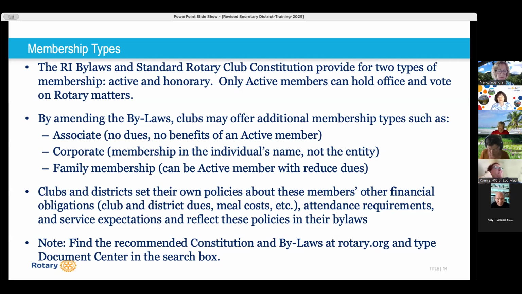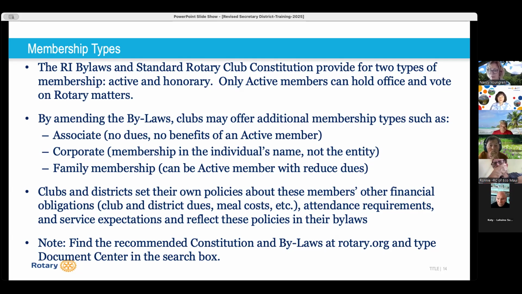So as noted here, clubs and districts have a lot of flexibility to set their own policies, as long as they're not in violation of the RI bylaws and Constitution. So it's a good idea for secretaries to familiarize themselves with that. And along those lines, sometimes a lot of years go by between when clubs revise their bylaws.